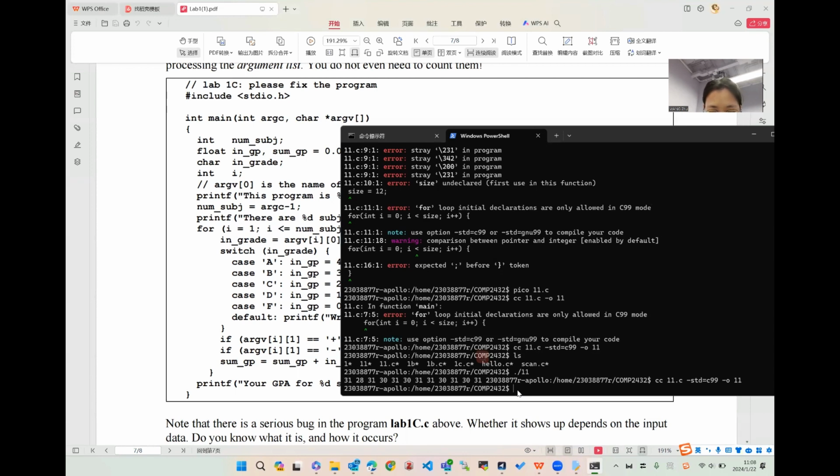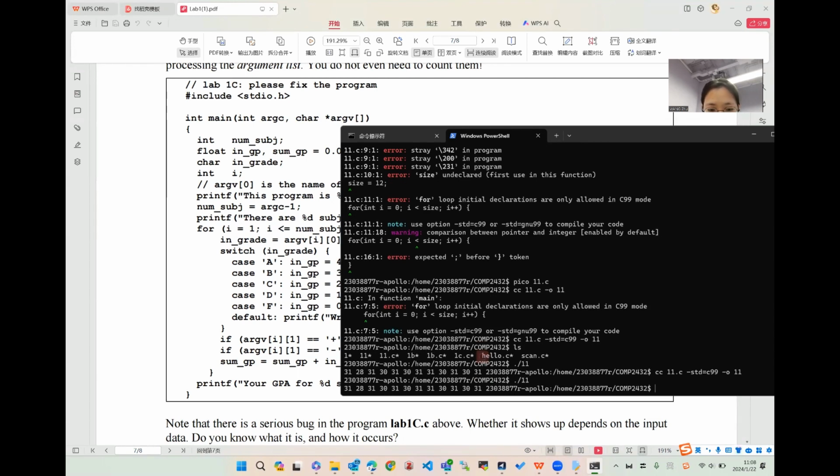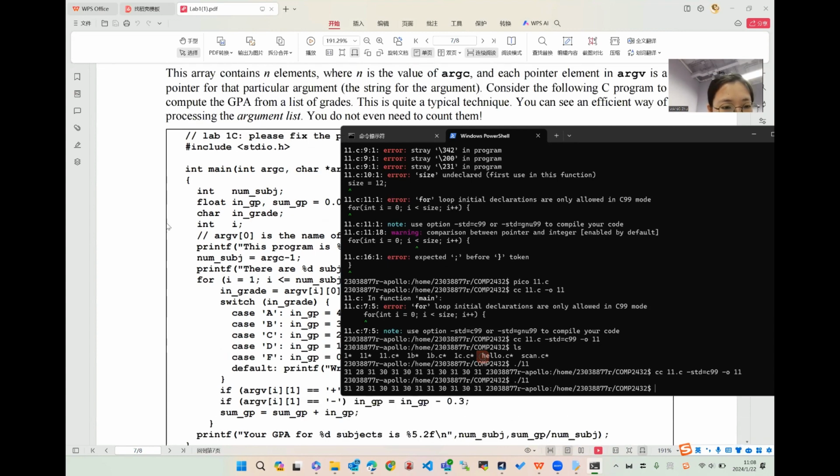So let's read the output. Current 1, and it has output each integer in this array. Okay, since we didn't have the enter at the end of the output,